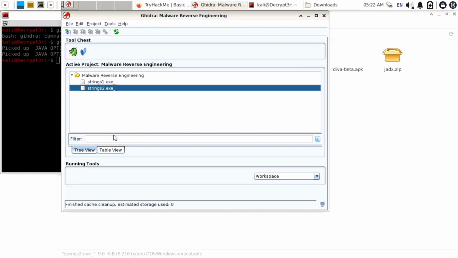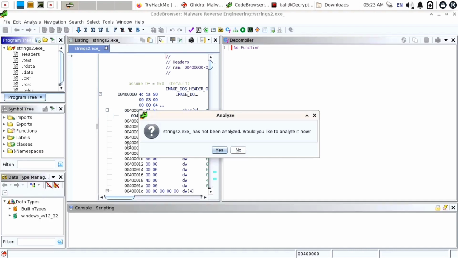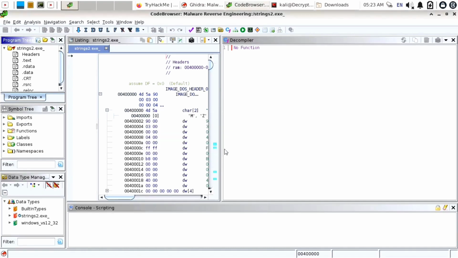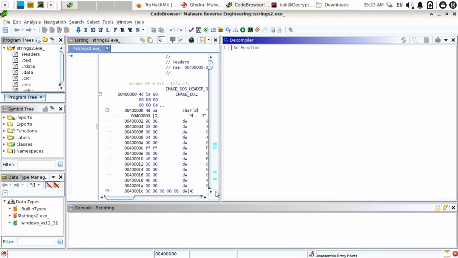After that we need to analyze this file. Like in the previous video, we are going to analyze it, starting with the function folder. Okay, it is a code browser. Now click on analyze. Yes, select the analyzer and click on analyze. It has now started analyzing; you can see it in the bottom right corner.